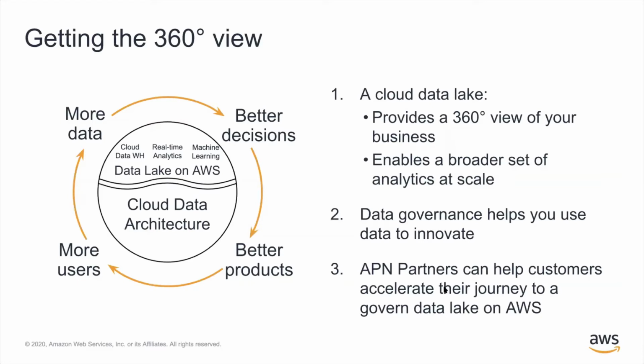So far, I've talked about 3 key trends that are enabling customers to use data as a competitive differentiator. So to summarize, these 3 aspects include the move to a modern data lake architecture, using the best tool for the job, leveraging a broad set of analytic engines and purpose-built databases to transform the customer experience, and including a sound data governance and security strategy by design. All of this will help you get a 360 degrees view of your business, a complete view, which in turn will help you use your data as an asset to accelerate innovation.